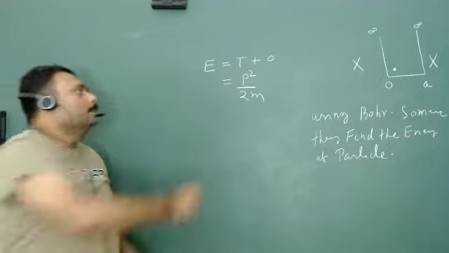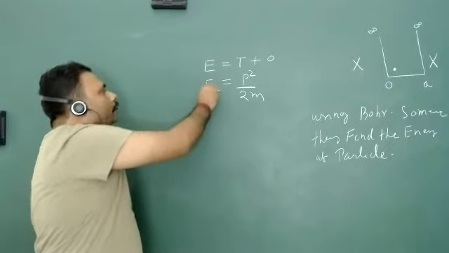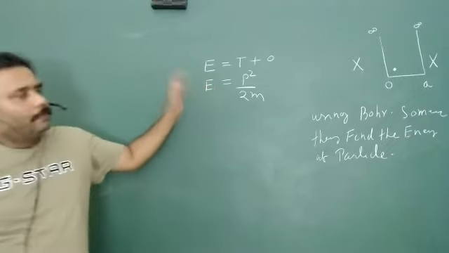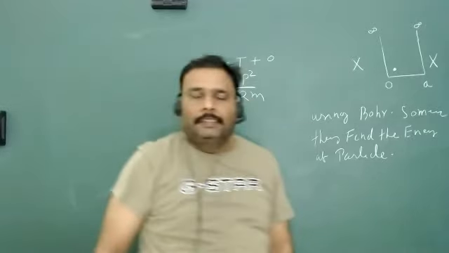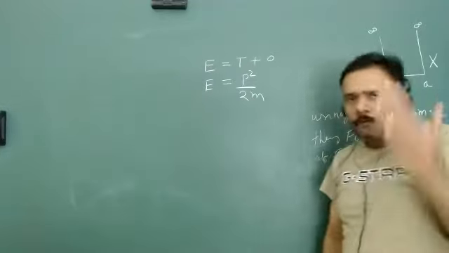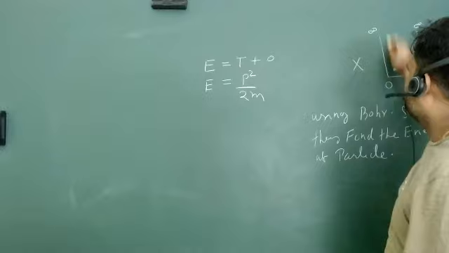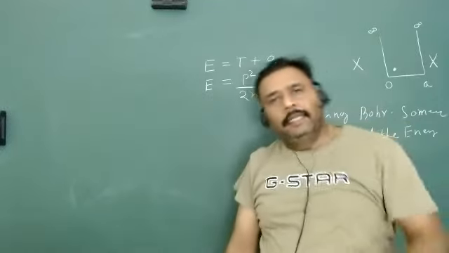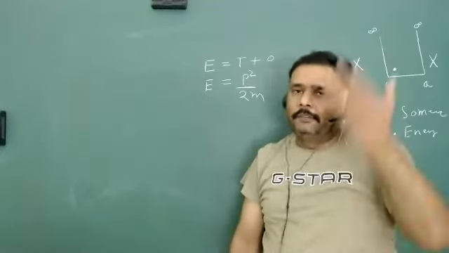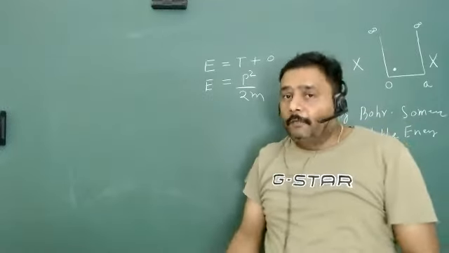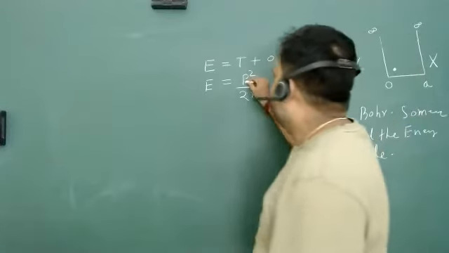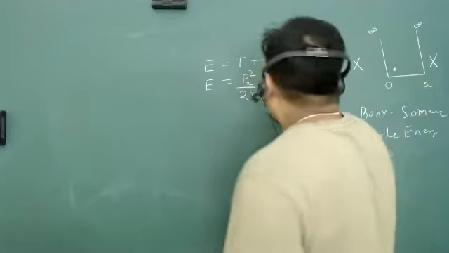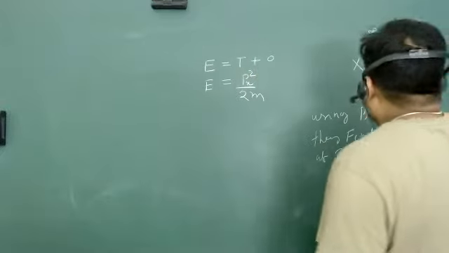So what are the possible energies if you are not applying the Bohr-Sommerfeld theory? Any value of energy between 0 to infinity, isn't it? But when you are talking about Bohr-Sommerfeld theory, let's see what is going to happen. I will just take px because we are only going along the x-axis.